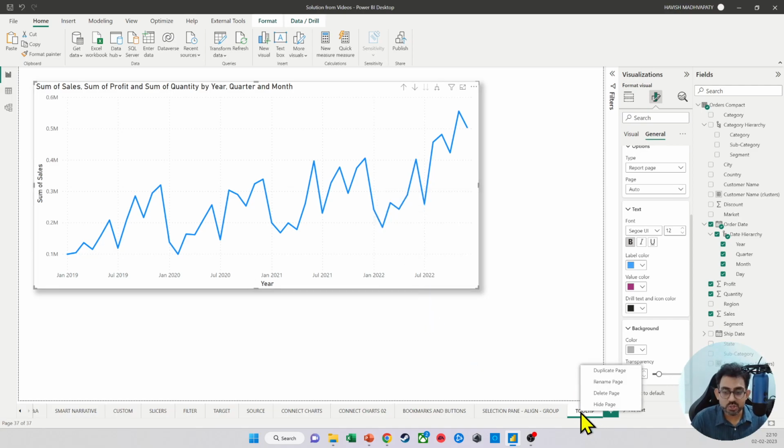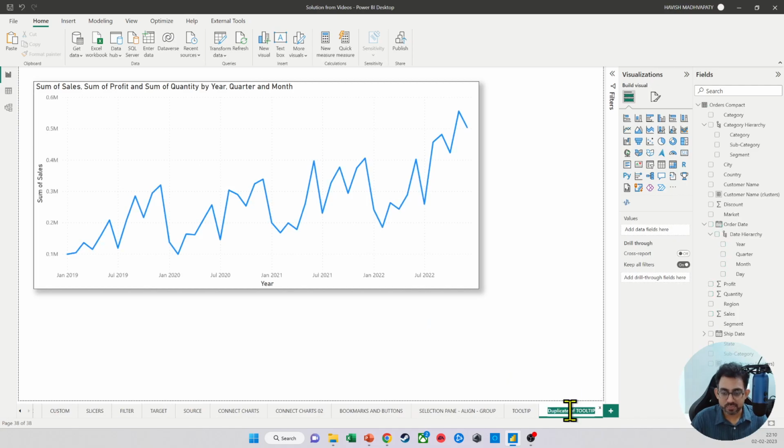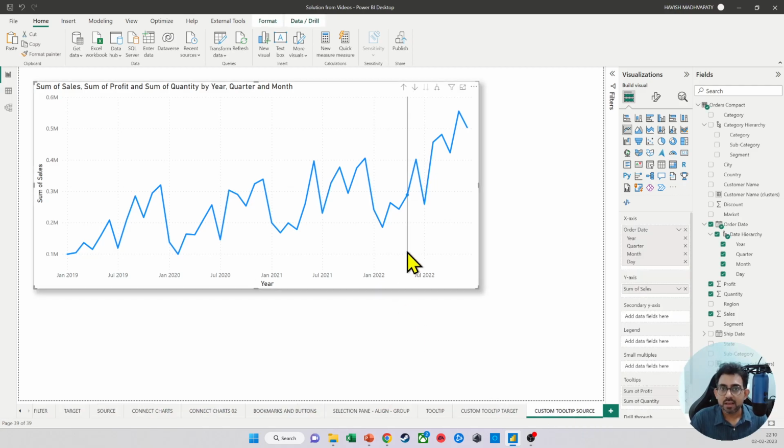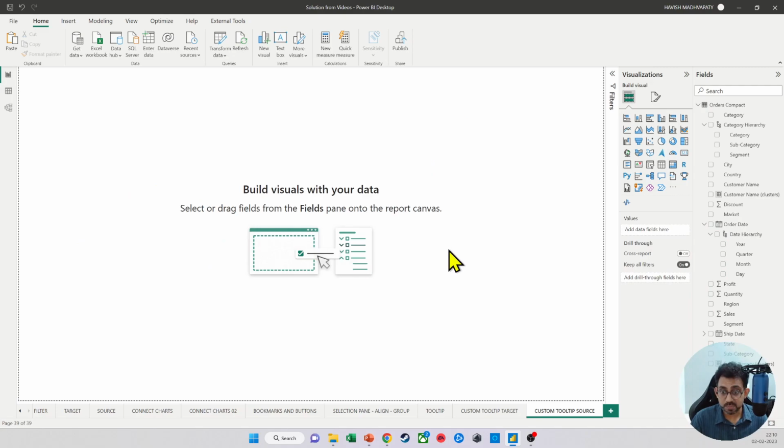But the main thing I want to show you, let me duplicate the page, is to make a custom tooltip. And this is my target. And then I will also create a duplicate page. We'll call it the custom tooltip and we'll call it the source. The first thing I want to do is that on this page, which will act like the source, we will